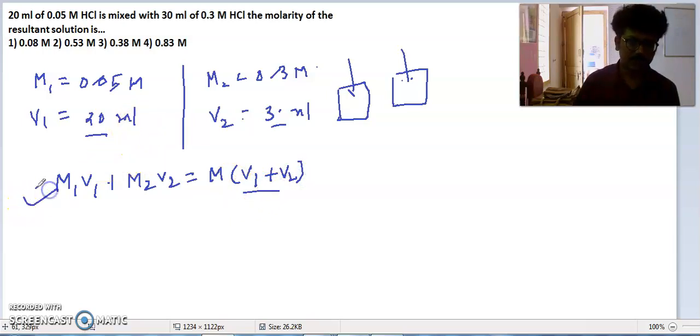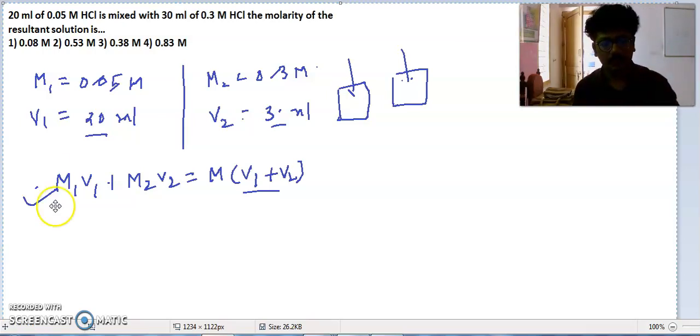So this formula is used when two different solutions of the same volume or different volume, with different molarity, are mixed with one another. See here there are three possibilities. The volumes might be different, the molarities might be different. Sometimes the volumes are equal and the molarity is different. Sometimes the molarity is equal and the volumes are different. Anyhow, you have to use this formula when two solutions of different concentration and volume are mixed together and you are asked to find the molarity or concentration of the resultant solution. This is the formula that gives the proper answer.